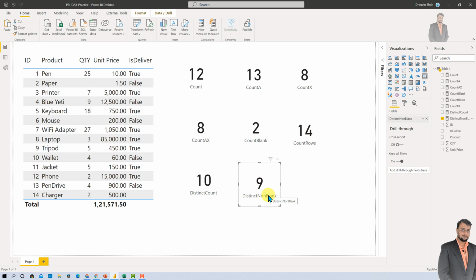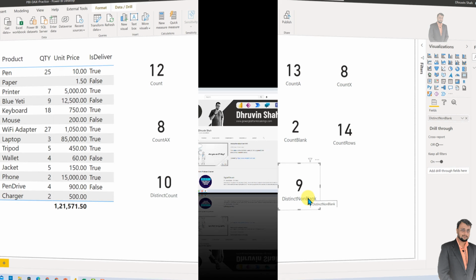So these are the different count variations that I have explained throughout this entire session. Hope you love this video, and if you want to know more about other DAX expressions, or which is your favorite DAX expression that I should cover inside this series, definitely provide your feedback in the comment section and check the entire DAX series. The link is available in the description box because I am going to cover each individual DAX expression in easy language and an easy to understand manner.